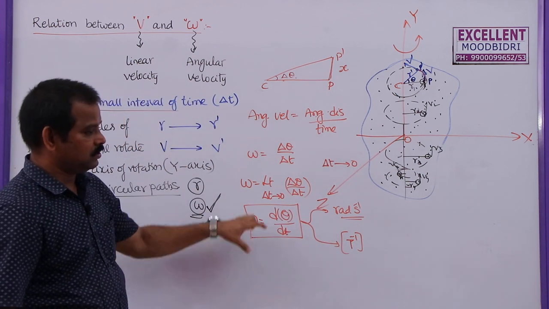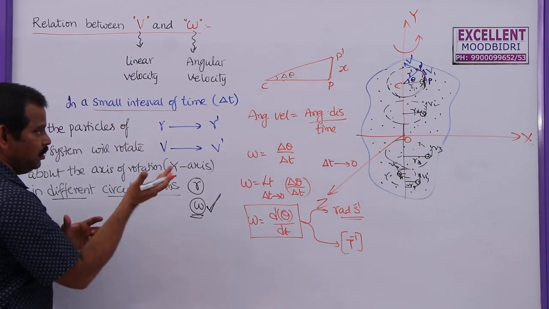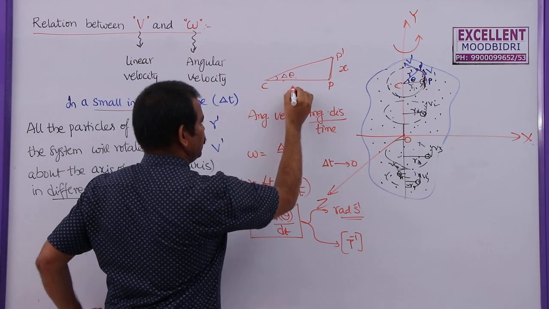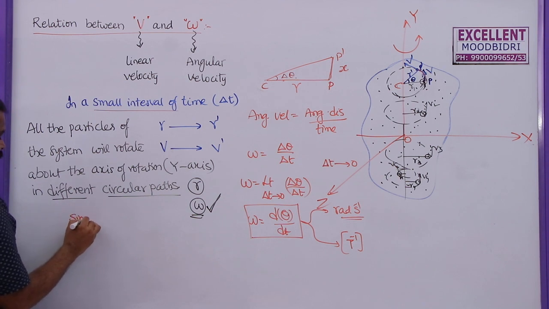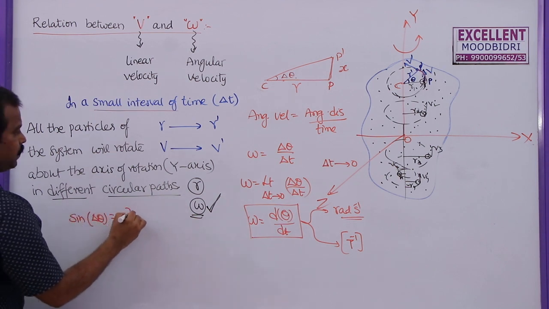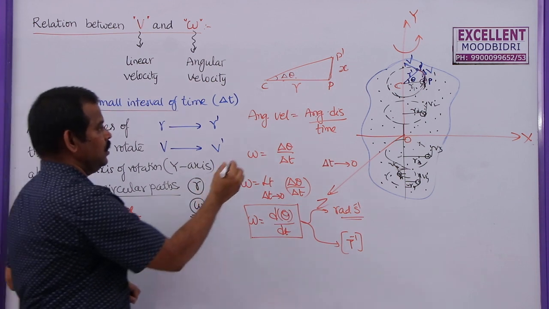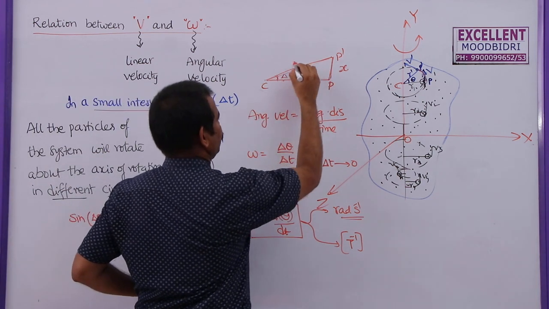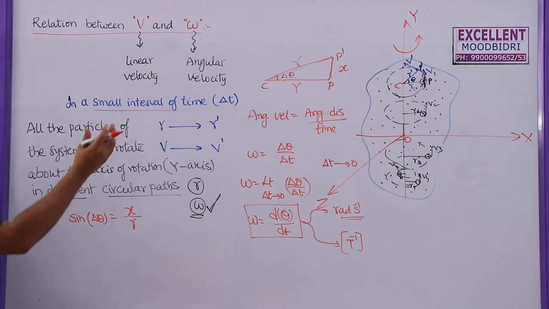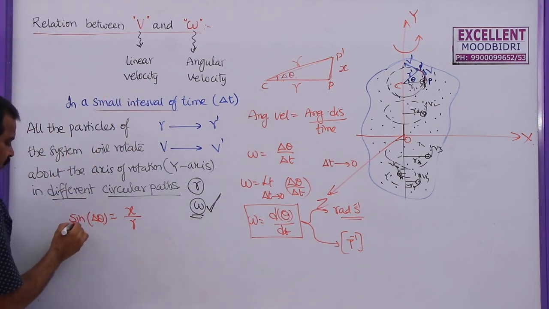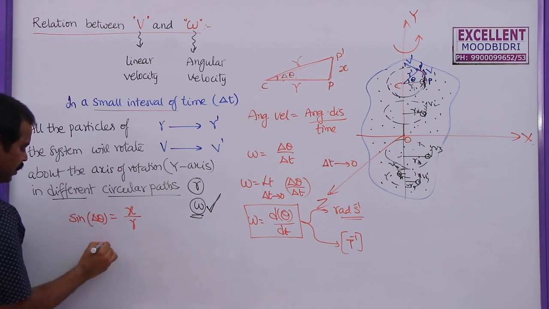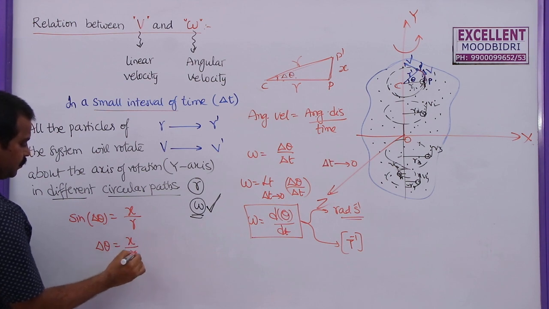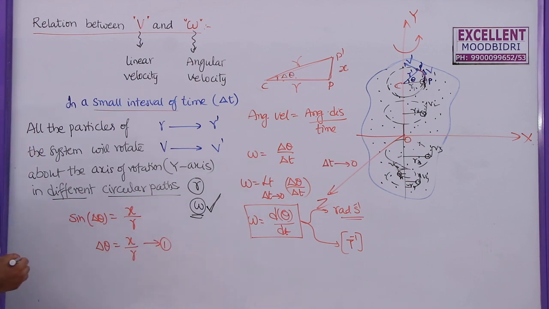We already derived this in the previous lesson, but now here, the radius is r, so you can write what sin delta theta is. Sin delta theta is given by x by r, because as theta is very small, this and this are very near to r only. So sin theta is equal to opposite side by hypotenuse. If theta is very small, sin delta theta becomes delta theta, which will be x by r. This is equation 1, and you can see this in a logarithm book also.